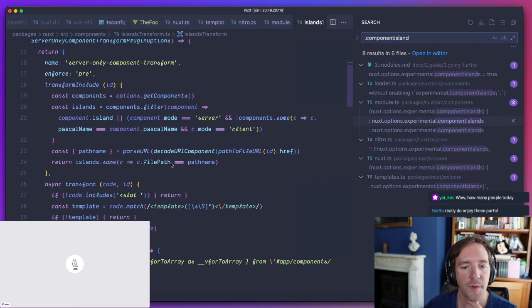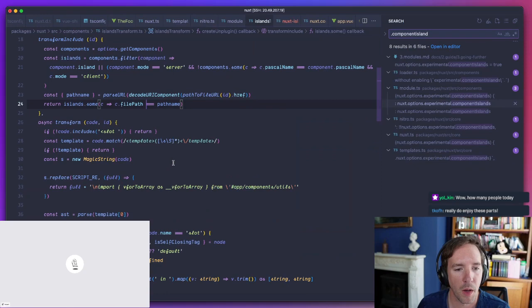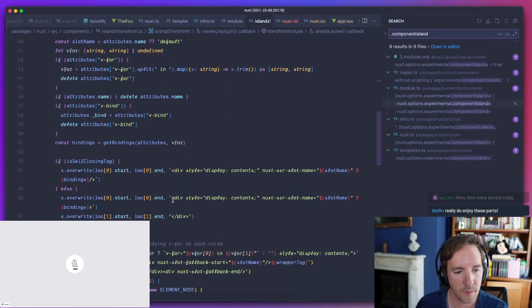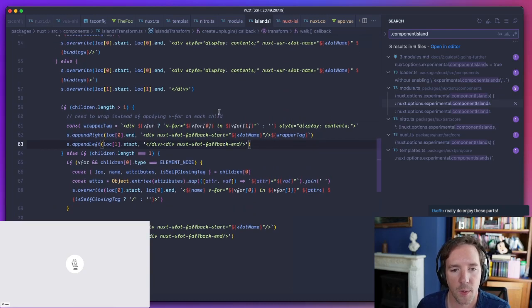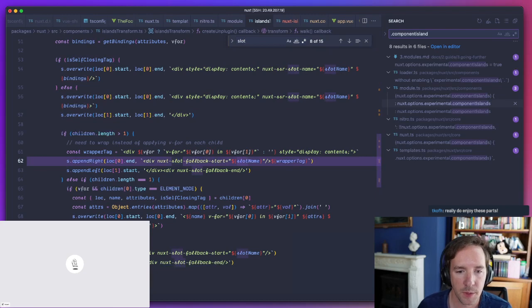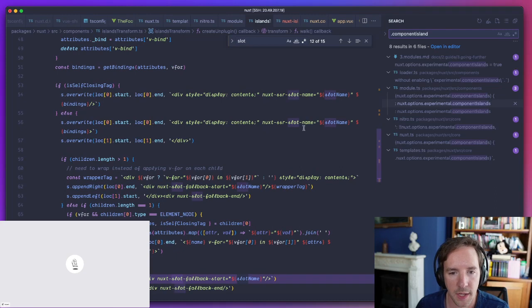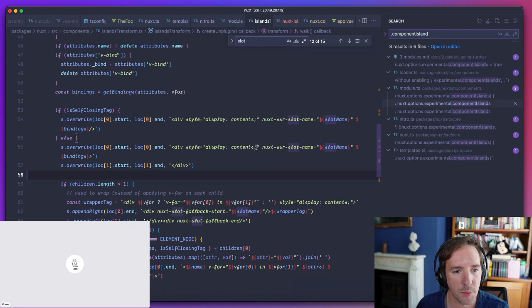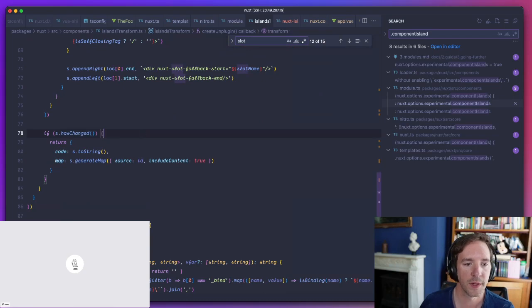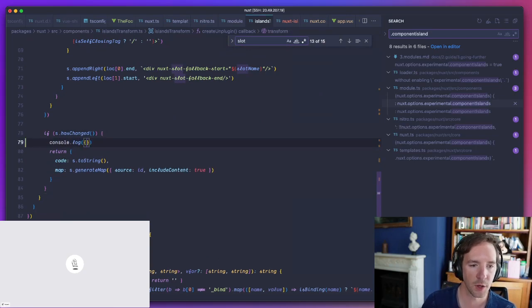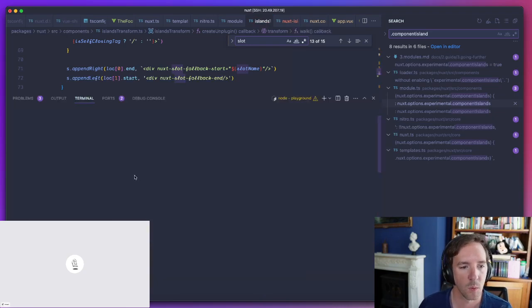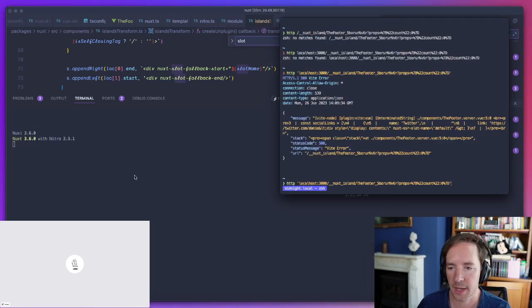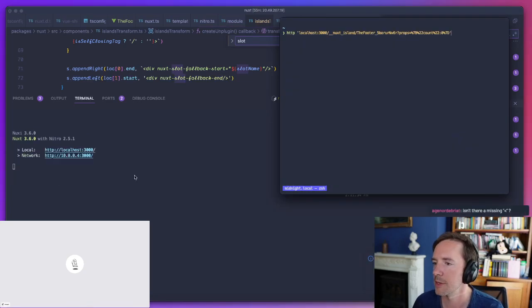And this islands transform function is clearly parsing the AST and overwriting some things because of how we are going to render our slot. So I very strongly think we're not terminating a string here, or we are replacing a slot that shouldn't be replaced. So the first thing I'm going to do is just log out the code, because we're only doing this on one server component, and it will be much easier for me just to see what that is. So I'll restart the server and I'll make a direct request to get the endpoint.